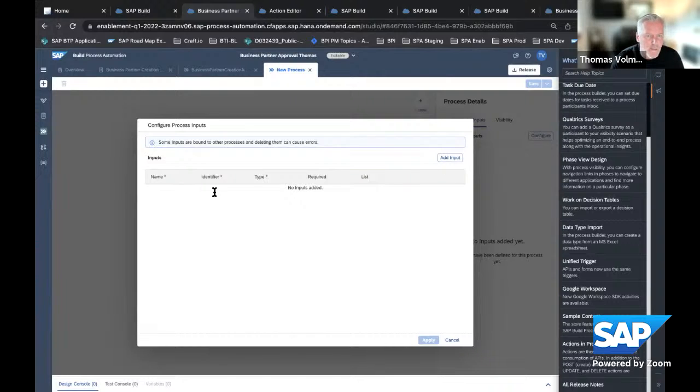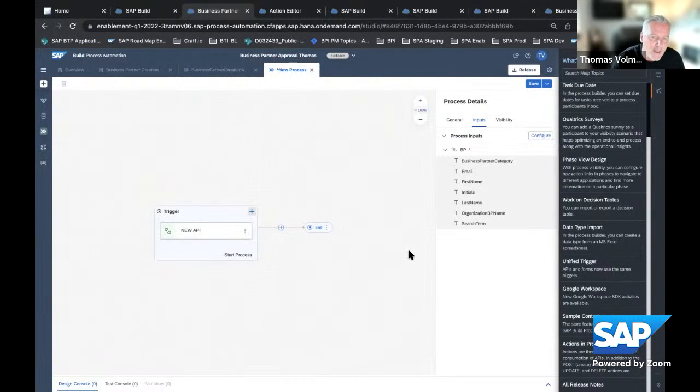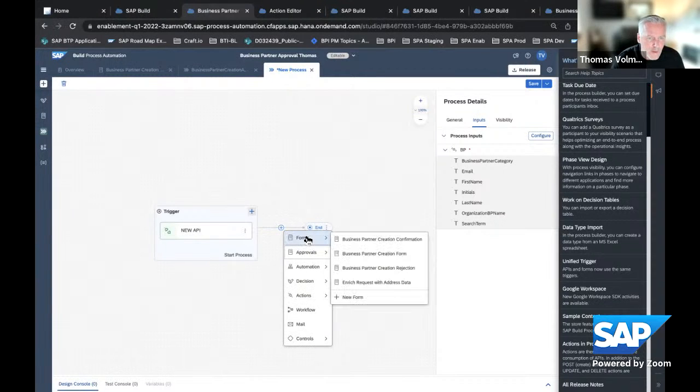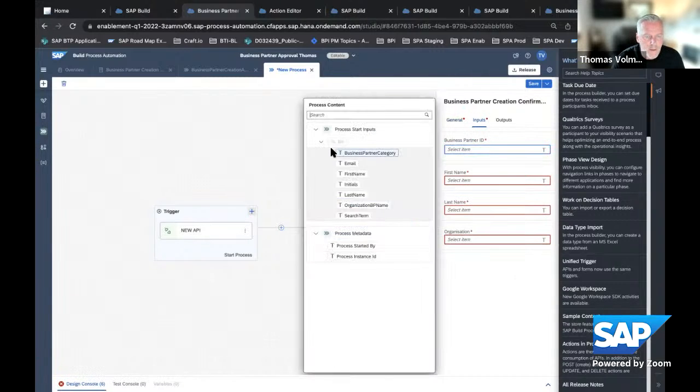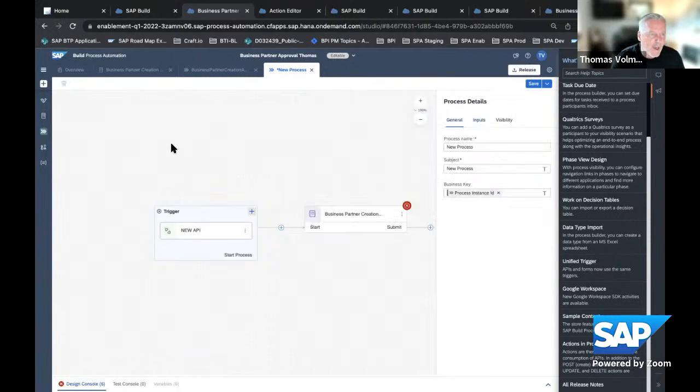So you can manually create every input field, or say, hey, I have the business partner data type definition already. Wonderful. Then you just reuse it and click on apply, and then the API signature, how you can invoke the process, is basically created automatically for you. That then defines the context, if you now configure the data flow, for the whole data mapping. These were the very quick highlights.